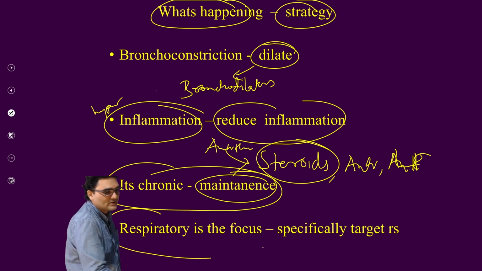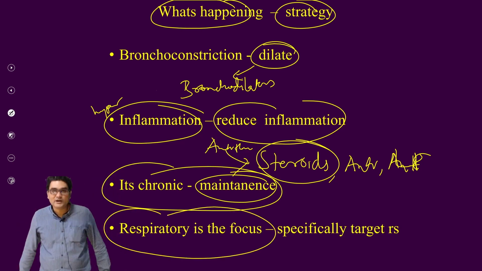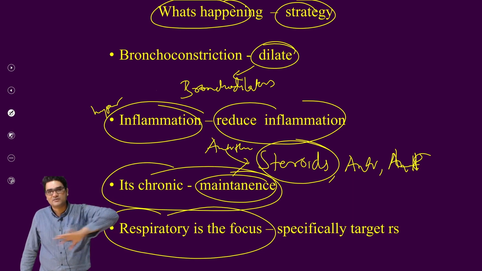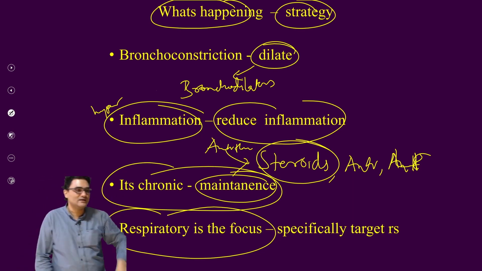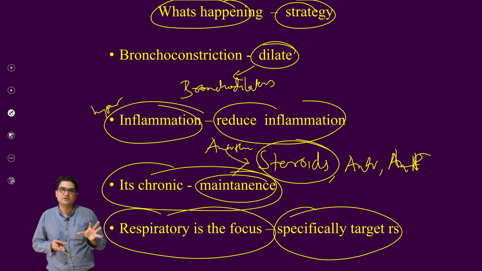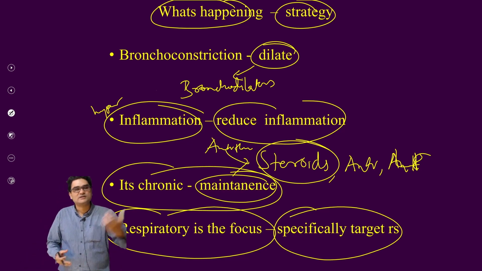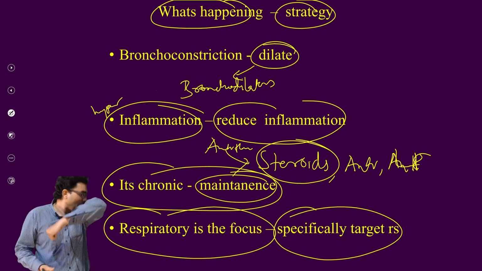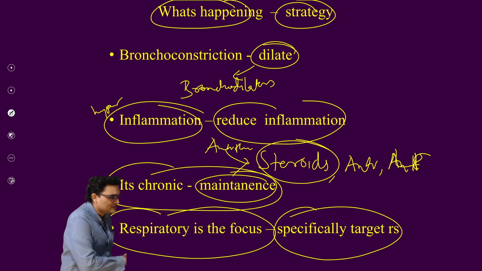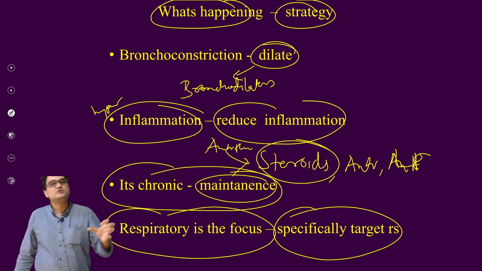Respiratory system is the focus. So this problem is only inside the respiratory system. You need not target the whole body. You should not reduce inflammation of the whole body. So since the inflammatory cells are only in the lungs, you should target only the lungs. So you must target only the respiratory system. If you give it elsewhere, there is no use and it will cause adverse effects in the body. So why I am saying this point is, in asthma we use what is known as